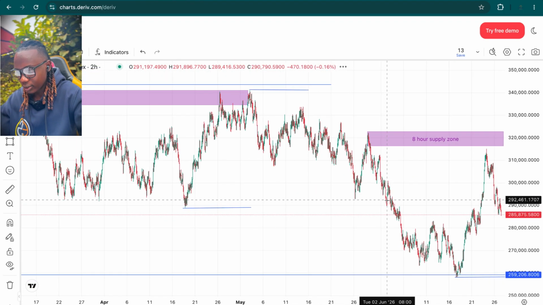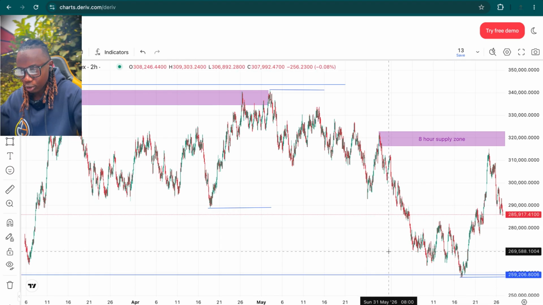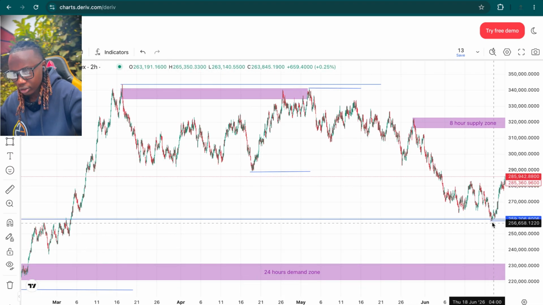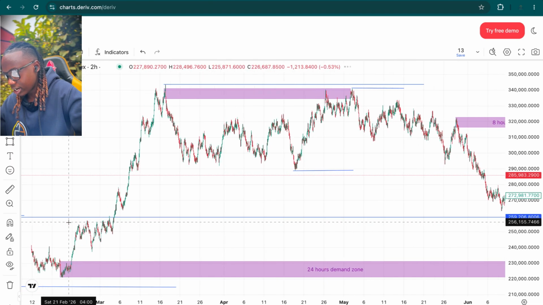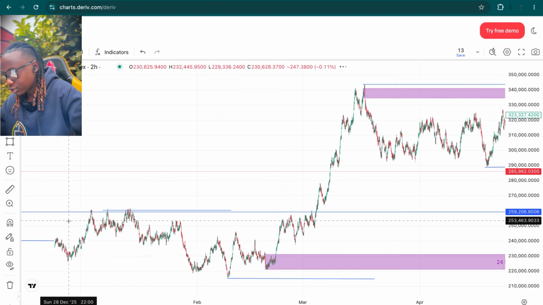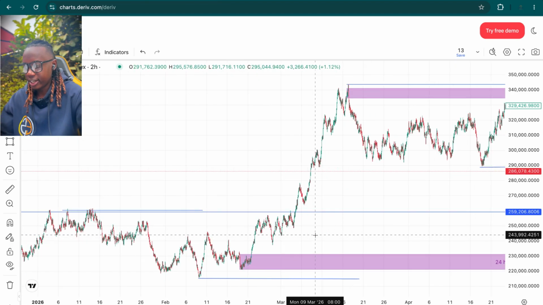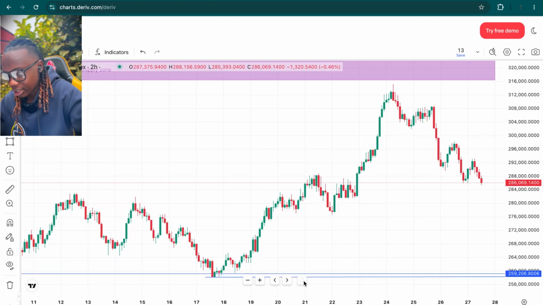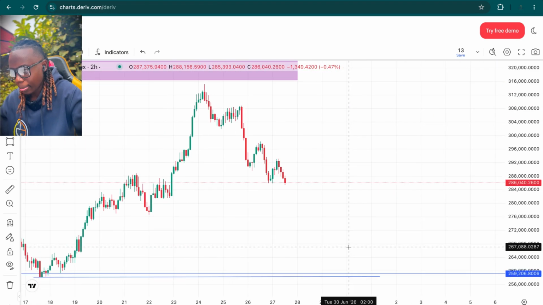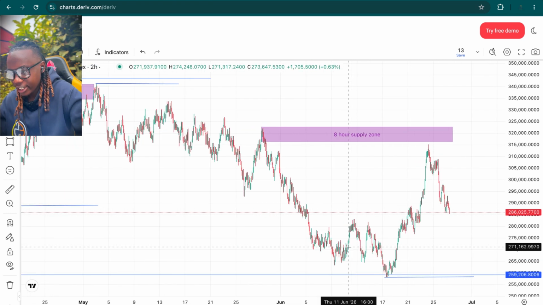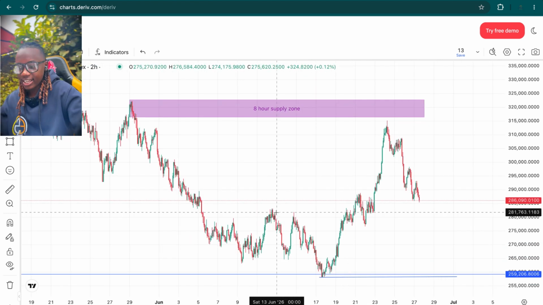So in my 2 hours, you can see that that is a very good support and resistance zone. You can see that zone, that zone again, and you can also see that price reacted crazily there, and also there. So it's a very good supply and resistance zone. So after I knew that, I knew directly that that support zone was the one that was supposed to give me a very good buying momentum,